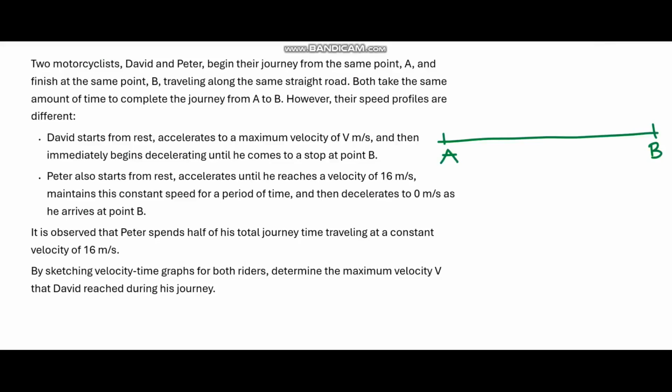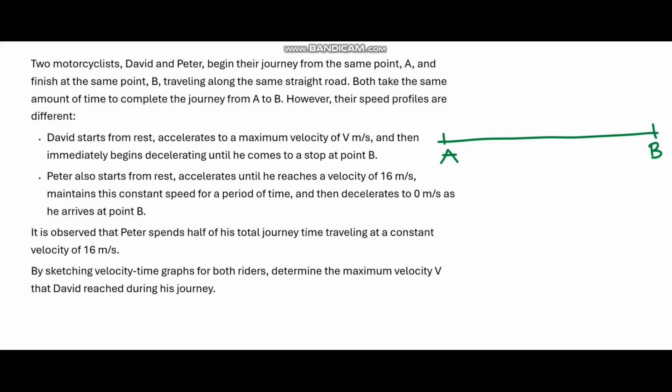Okay, this question is on velocity time graph. Two motorcyclists, David and Peter, begin their journey from the same point A and finish at the same point B. Both start together and finish together. However, their speed profiles are different. David starts from rest, accelerates to a maximum velocity of v meters per second, and then immediately begins decelerating until he comes to a stop